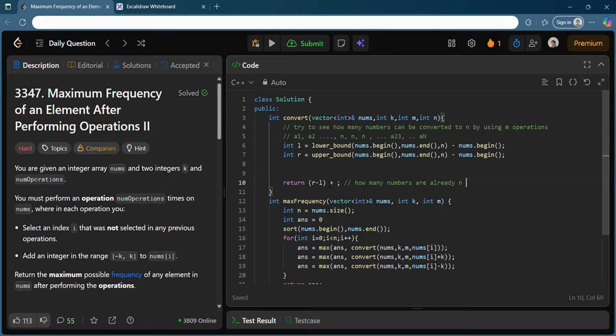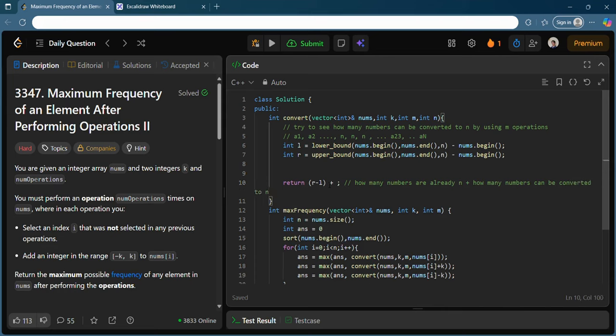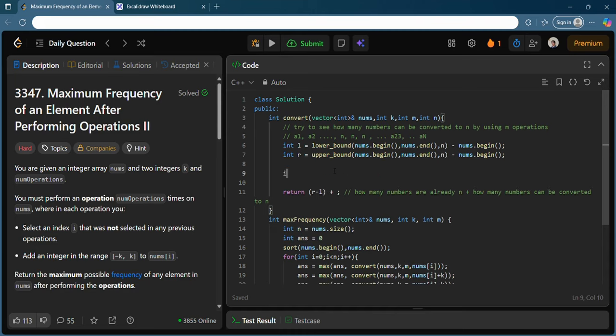plus how many numbers can be converted to n. I have already got how many numbers are already n, which is nothing but R minus L. How many numbers can be converted to n is the question right now. Definitely the numbers within the value of n minus k and n plus k can be converted to n. I hope that is also very simple.